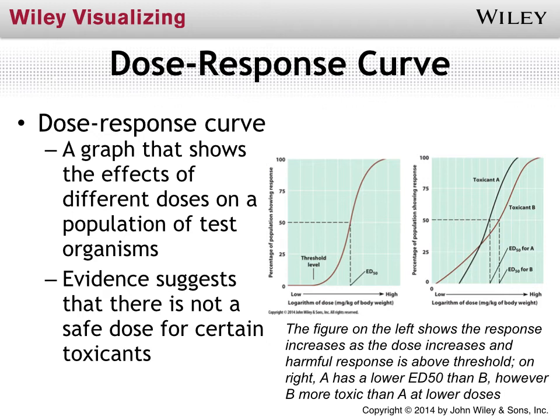Again, there are chemicals that are so bad that they do not have a safe dose, as might be shown on the graph on the right. There's really not a threshold level for toxicant A or B on the graph on the right. So in theory, those chemicals would either not be used at all, or they would be very, very heavily regulated so they don't escape out into the environment where they could have a potentially negative impact on the population or on the living things out there in the environment.